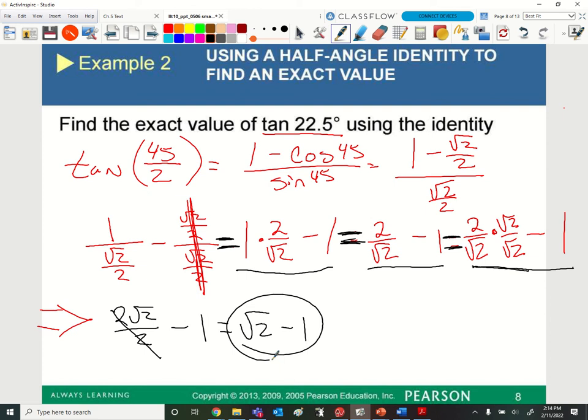Now, for the sake of the video and for the sake of the question, I'm going to do all the steps, but I'm going to do it from the other one up there. Okay, so I'm going to take it from my 1 minus rad 2 over 2 divided by rad 2 over 2, okay? So we had 1 minus rad 2 over 2 divided by